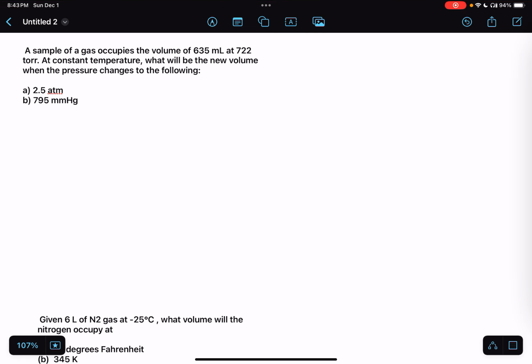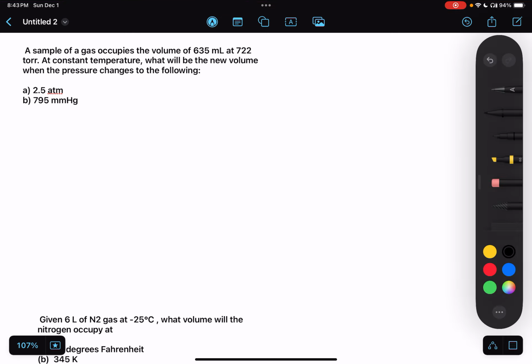So for this question, we're going to be using the formula P1 times V1 equals P2 times V2. Pretty important. P1 V1 equals P2 V2, where P is pressure, V is volume, P1 V1 is initial, P2 V2